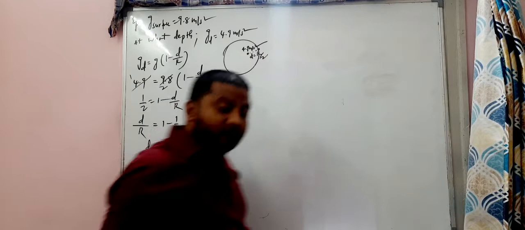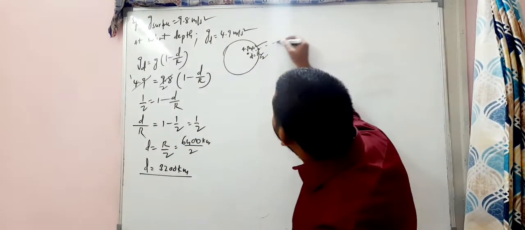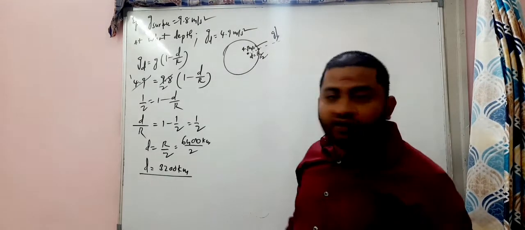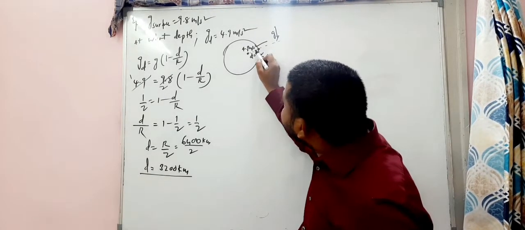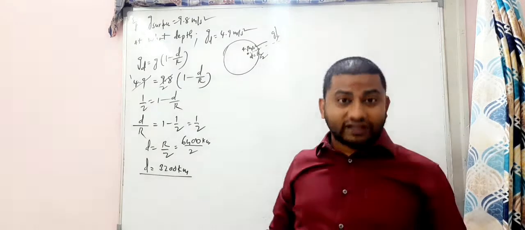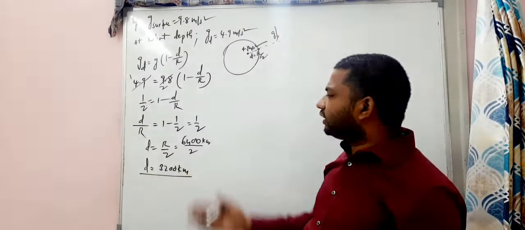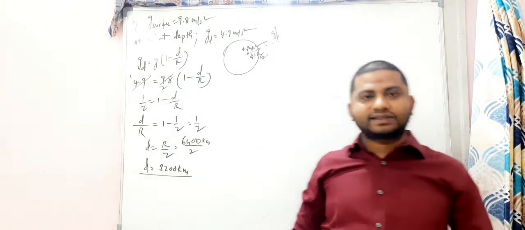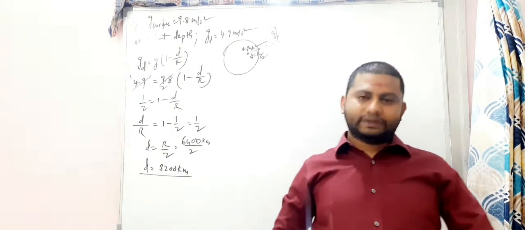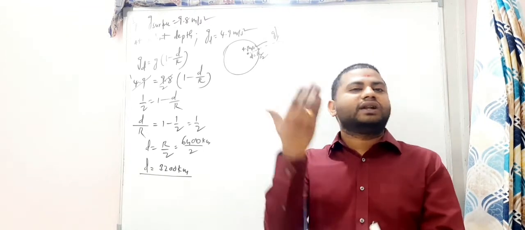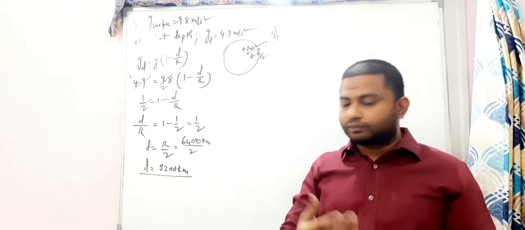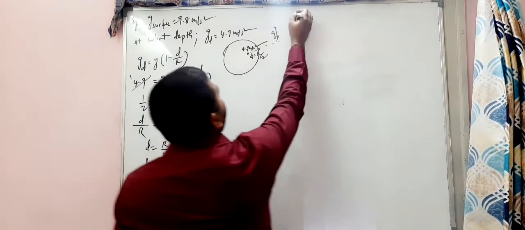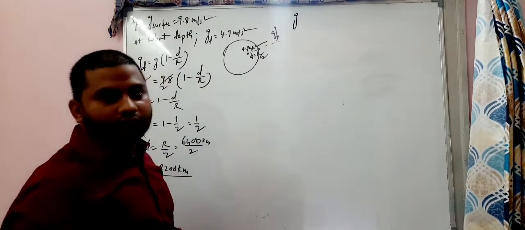So that means when you take the body towards a deeper level of the earth, the g value is decreasing. Here g value is becoming 4.9. These questions will be asked in the depth case. Right? Anyway, I will give you some questions in the assignment and some questions in the evening test. Get ready for that. And before that, I'll write down the formulas we have discussed so far.